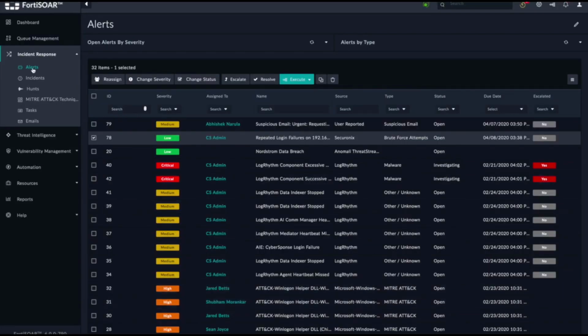Okay, so let's now dive into the product. In a nutshell, FortiSOAR ingests actionable alerts and other useful data from security tools into its different modules. Once alerts are ingested into the system, out of the box and customized automation can be utilized to bring down the median time to respond, keep analysts within standard operating procedures, and just create general efficiencies around the incident response